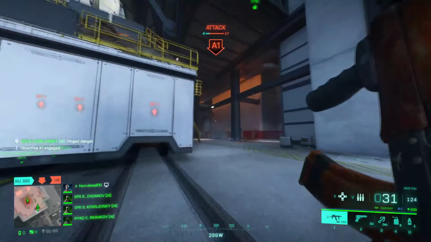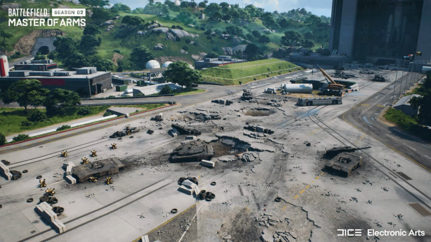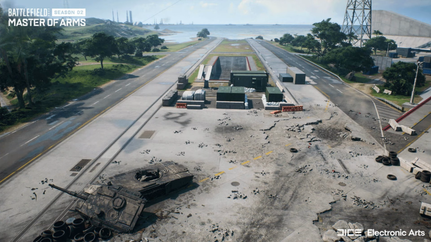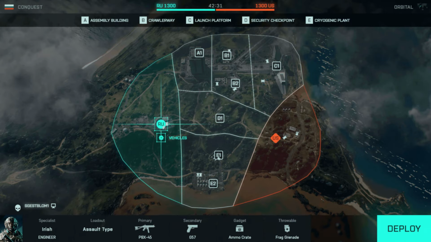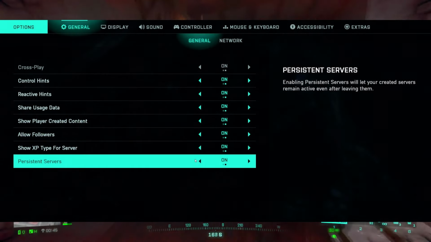Okay, first thing, the rework of my absolute favorite map, Orbital. They redid vast sections of the map, adding all kinds of cover, making the runway up to the rocket a viable position with exciting action, and a new point of interest with a capture point that was added to the hills section. They also added the persistent server system for premium battle pass owners, so you'll now be able to